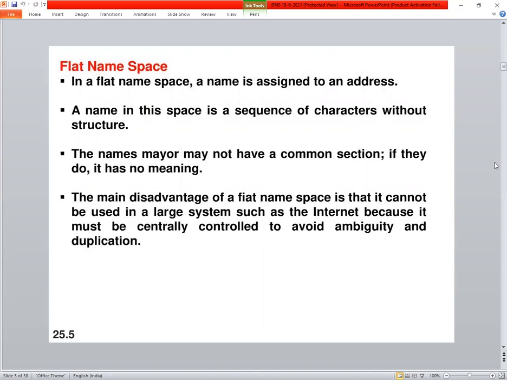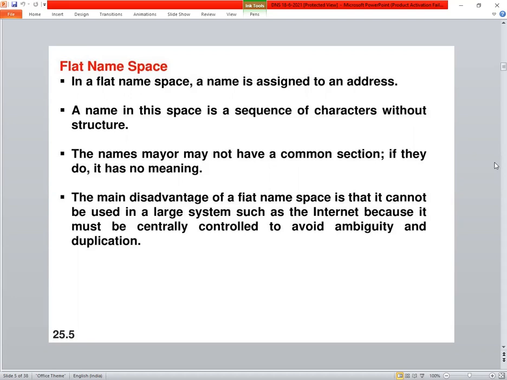That is, a name in this namespace is a sequence of characters without a structure. It does not have any structure. So what do you mean by this? The names may or may not have a common section. If they do, it has no meaning.